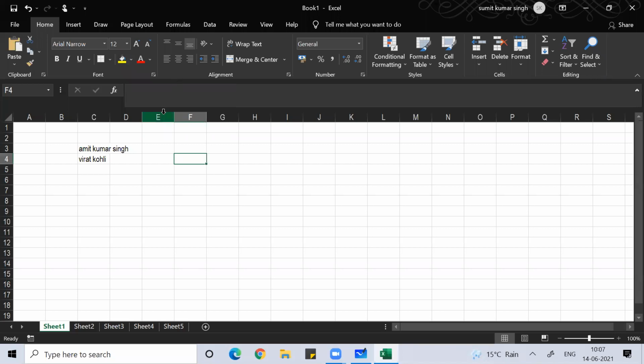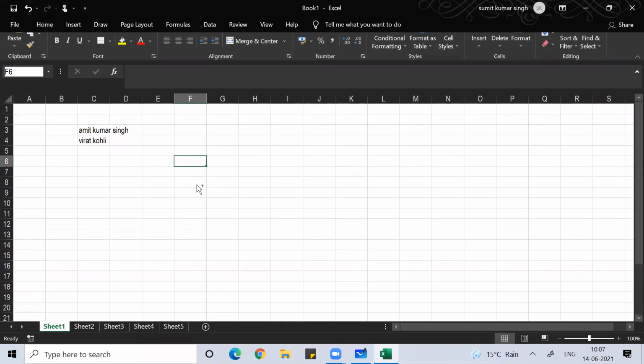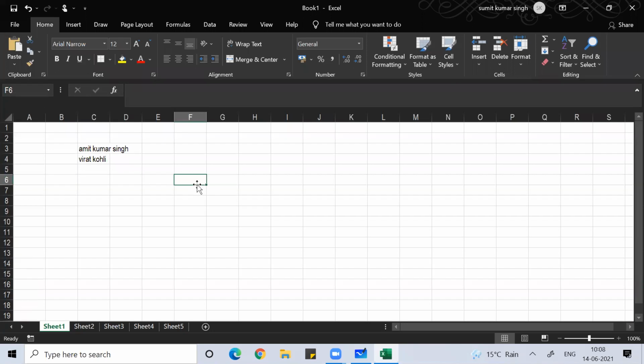These ribbons are the tools on which we are working in MS Excel. We have a lot of tools when we work in MS Excel, and these ribbons will help us navigate into these tools. If you want these ribbons to be visible, well and good, they will always be visible below the tab. Otherwise, if you want the ribbons not to be visible for a while, you can press Control F1. Whenever you press Control F1, the ribbons will become invisible.